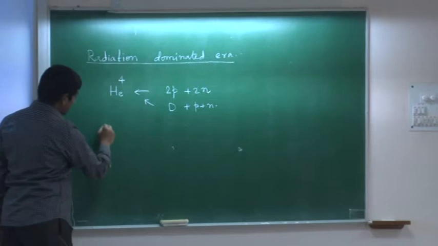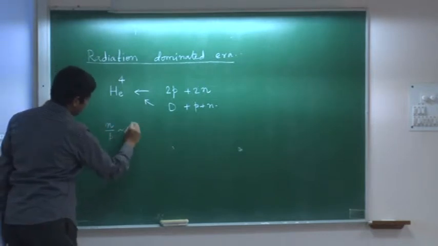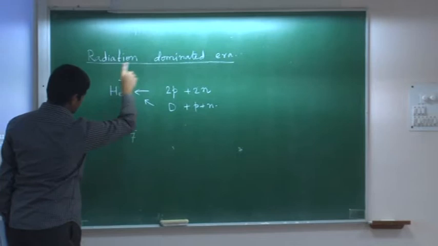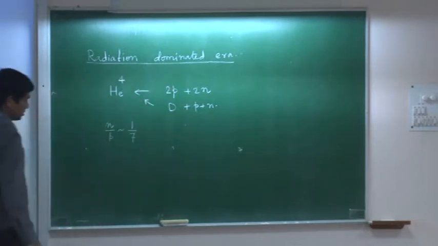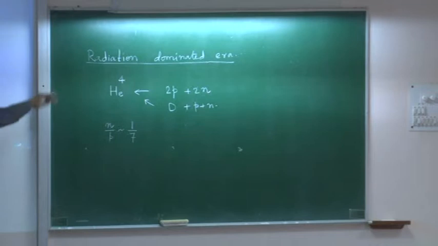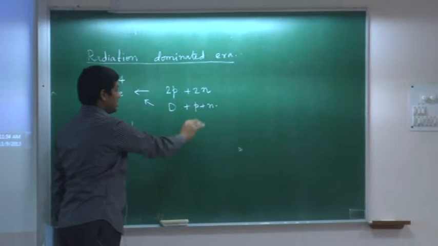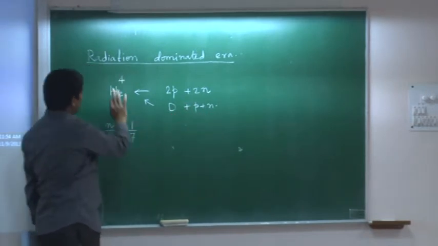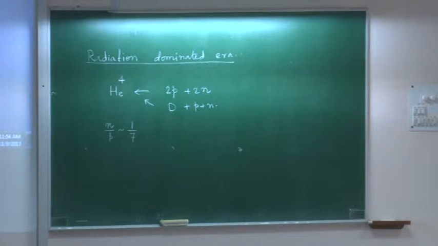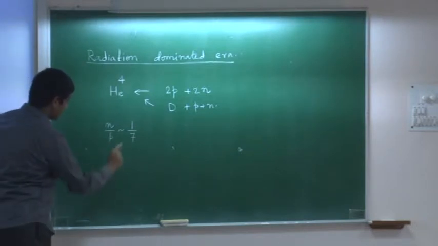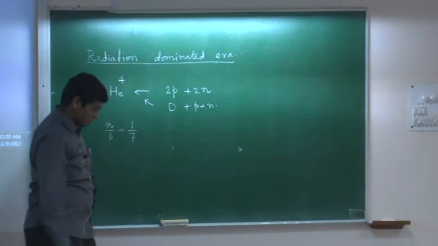So it's so fast that the ratio n by p you can almost consider to be constant during the time when helium got created. There are lots of reactions involved actually, so I am not writing down the reactions separately. I am just saying that a deuterium, proton and neutron have created helium. If you want to do the calculations properly, you have to write down all the reactions, reaction rates, and how these different elements are changing with time. All those things you have to put back in to get the right factors. We are just trying to do a very rough thing. So the neutron to proton ratio was 1/7.